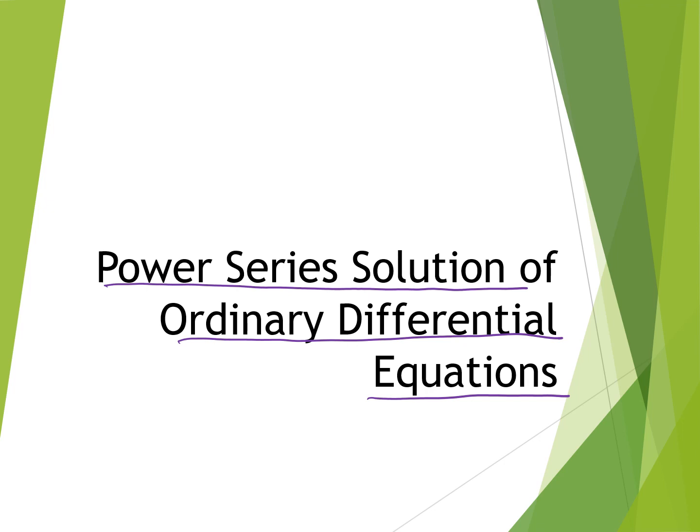This type of problem occurs when we are not able to find a solution of the differential equation from our traditional methods. From the previous unit we know how to find the CF and the PI, but if we are not able to find the auxiliary equation for the differential equation, then in that type of differential equation we assume a solution in the form of a power series and we find the solution in that form.